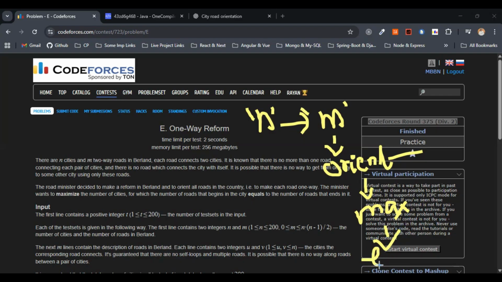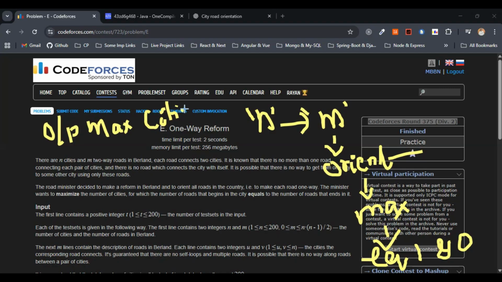We have to output the maximum number of such cities